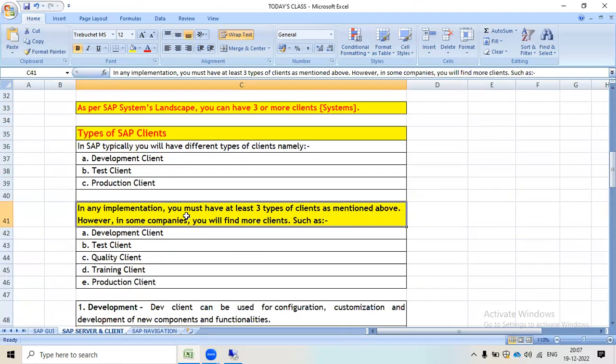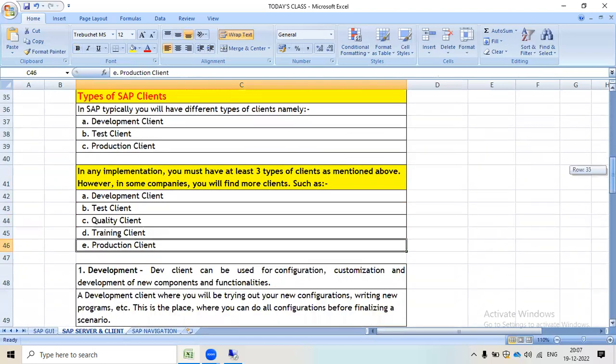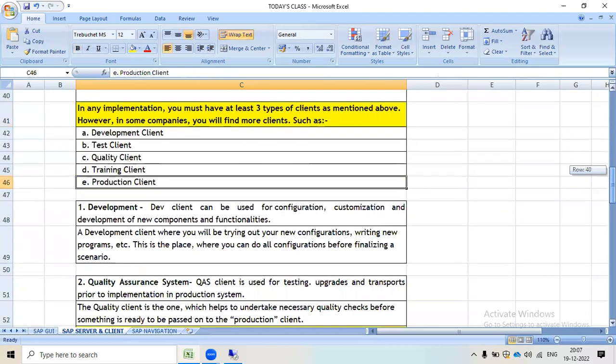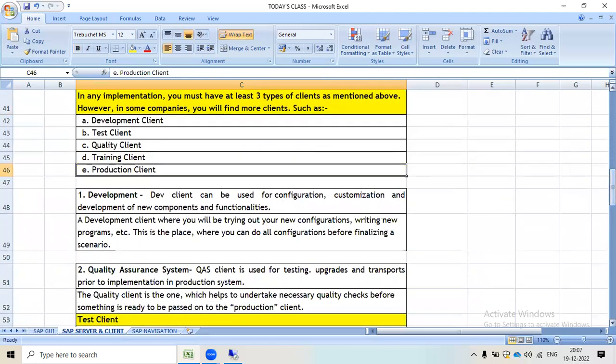In any SAP implementation, you must have at least 3 types of client as mentioned above. However, in some companies you will find more clients such as development, test, quality, training, and production. So now we will move on, and we will discuss each client in brief detail.